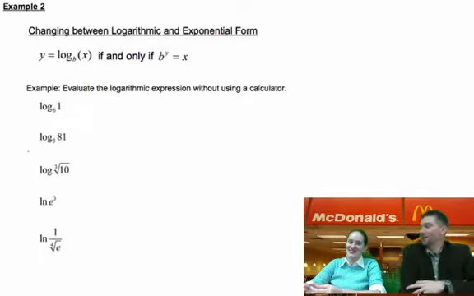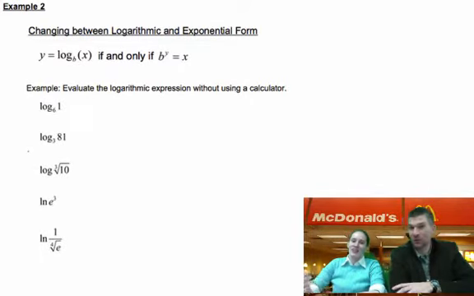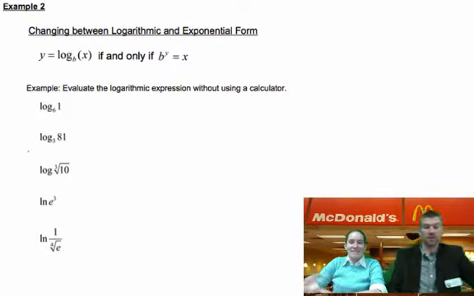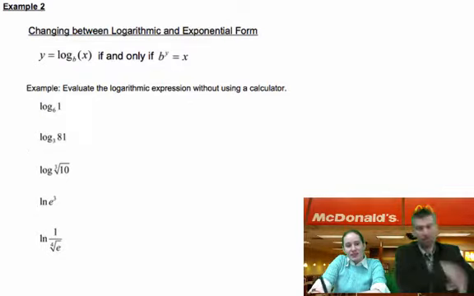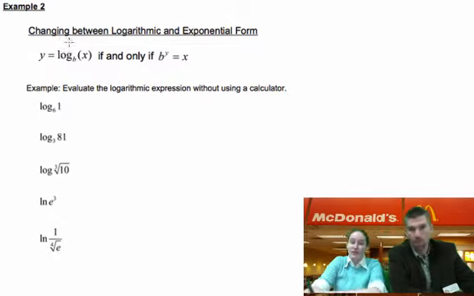Going between logarithmic and exponential form. Super handy. I mean, super is not even close to super duper. I mean, pretty friggin' handy. Because sometimes it's more useful to have something as a logarithm, and sometimes it's more helpful to have it in